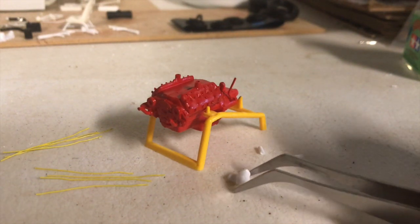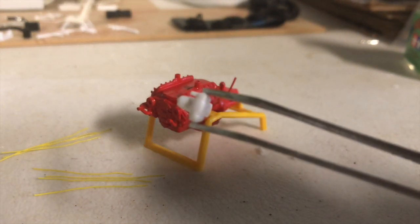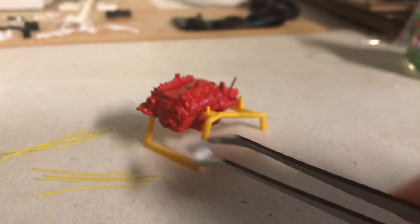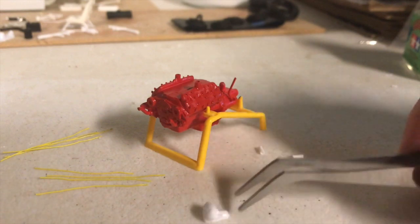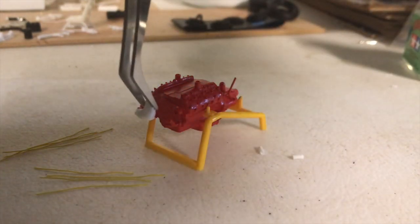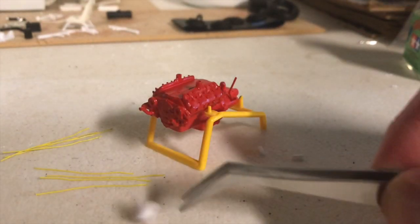And this is the distributor here. It's the helmet style distributor. Runs off the cam and goes into the front, just like so. And so what I ended up doing, and you guys might have a different application or different issues,